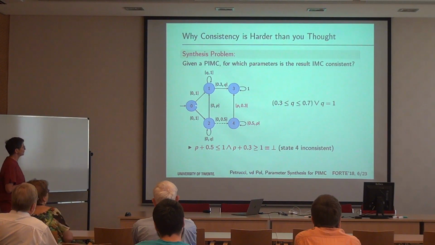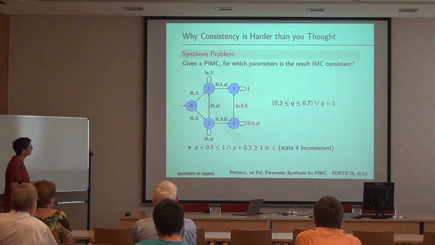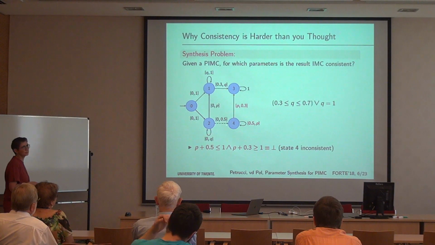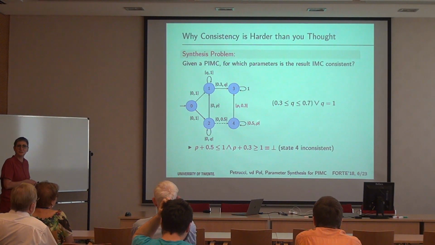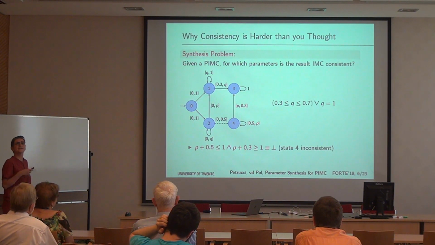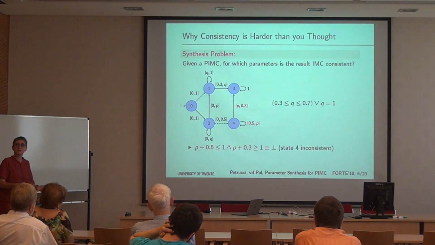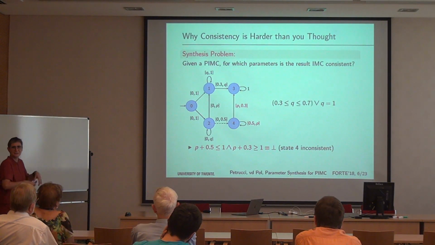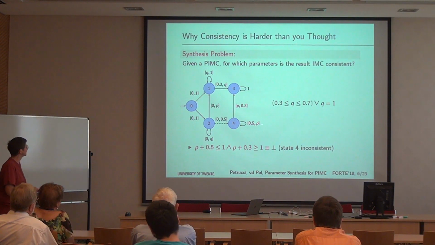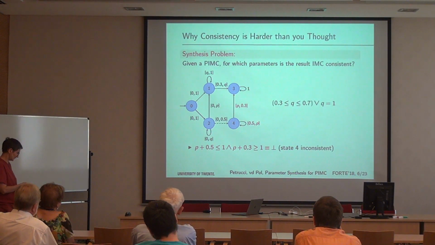The answer is yes, because here we have an interval that says between 0 and 0.5. So we can choose 0. And therefore we will never get to 4. And 4 is useless. It's just represented in the picture. And that's the reason why we have this dashed arc here now.